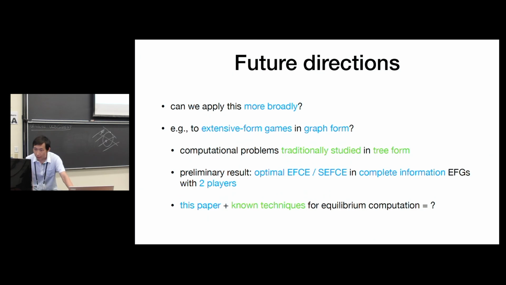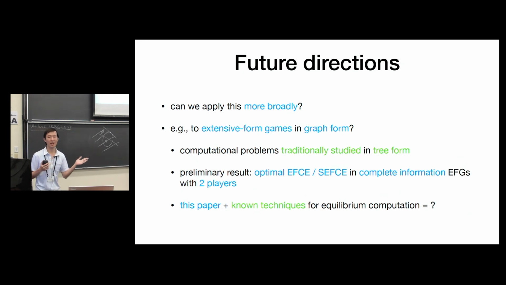I want to briefly mention one future direction, in particular because Brian just told us everything about solving extensive-form games, finding correlated equilibria. So one very interesting direction is how can we combine the techniques of this paper with techniques for solving correlated equilibria in extensive-form games, right? Because,